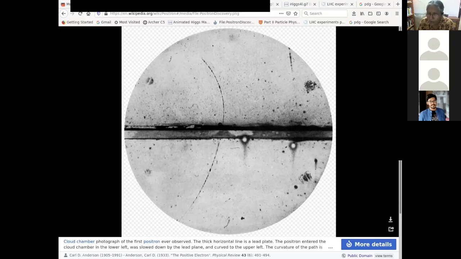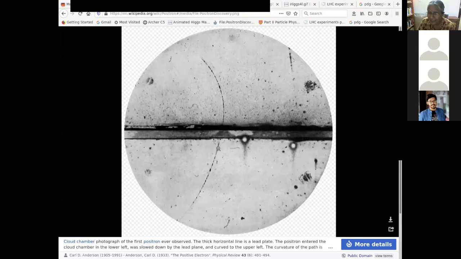Now, what do you know about a charged particle in a magnetic field? Let us say that the magnetic field is perpendicular to the direction of motion. What is the trajectory of the particle? Circular motion. So this is actually part of a circle. This curved line that you can see is part of a very large circle. Now this is the lead plate over here. It has lost energy, so you can see that the curvature has become more. It is part of a smaller circle. So this is part of a larger circle, and this is part of a smaller circle when it exits the lead plate.